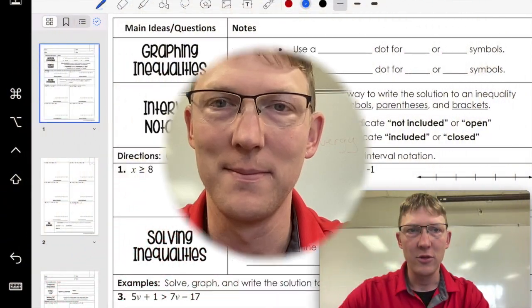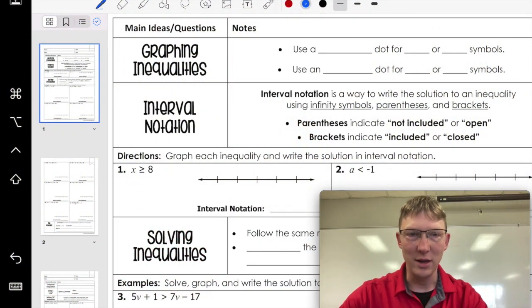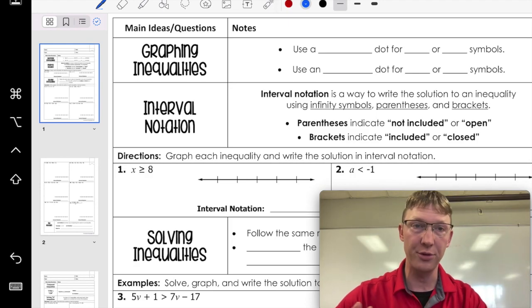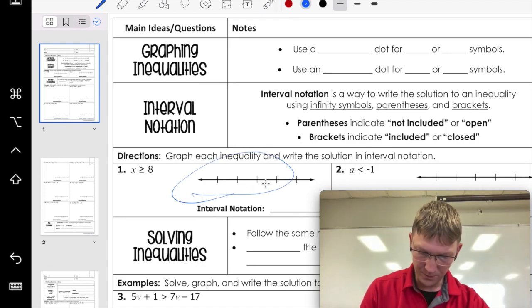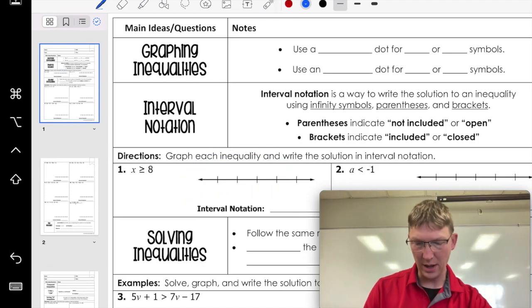1.4, here we go. We are talking about inequalities. Let's do it. Okay, so we're talking about inequalities. It's a similar type of thing as an equation, except it's greater than or equal to. So I'm actually just going to start down here because I like graphing things,